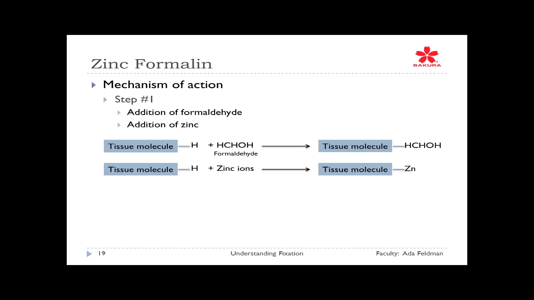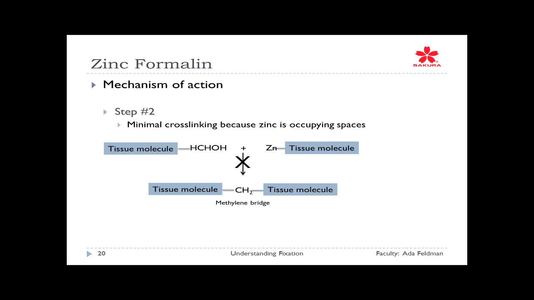The mechanism of action, step one: we still have formaldehyde in there, so you're still going to have that addition step going on. But at the very same time, the zinc now has the capability of adding on. So we've got competition for the tissue sites. At the end of the addition step, we've got zinc holding on to the tissue molecule as well as the addition molecule of formaldehyde. So that means when step two comes about, which is the cross-linking,